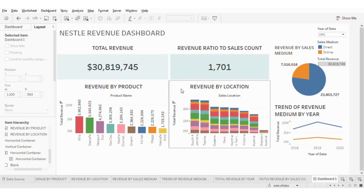For this purpose, what we are trying to achieve is to understand what cities in Australia, for instance, drive most of the revenues made by Nestle. What this does is it makes you know your market share in these cities, how you can actually increase them, and know what cities to give your resources to, knowing that those are your key revenue drivers. So for revenue by location,